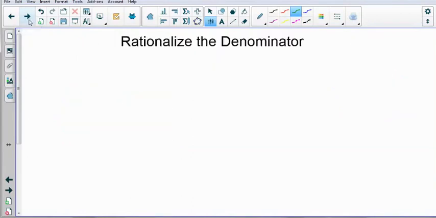Okay, so the next thing we need to look at is a thing called rationalize the denominator. What does